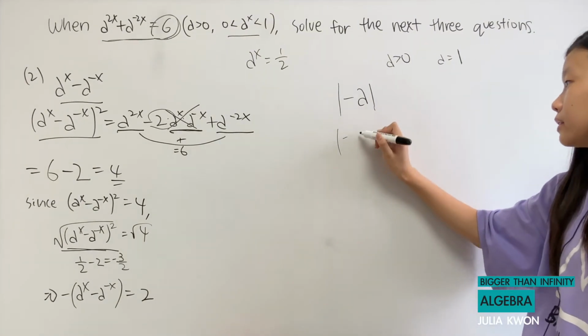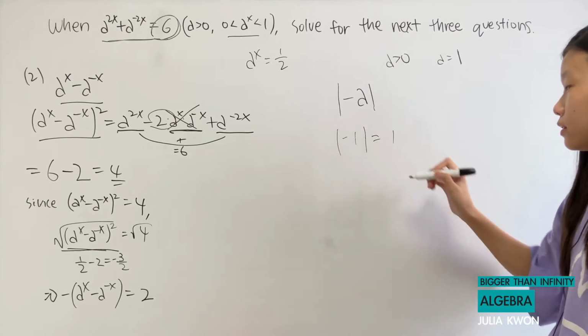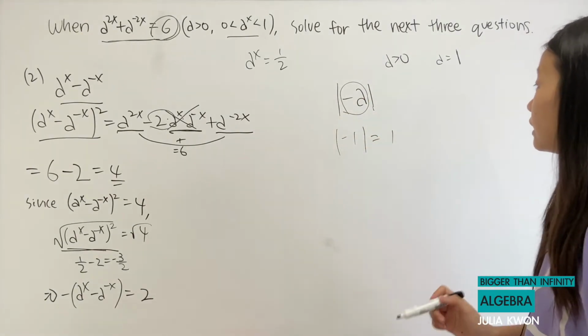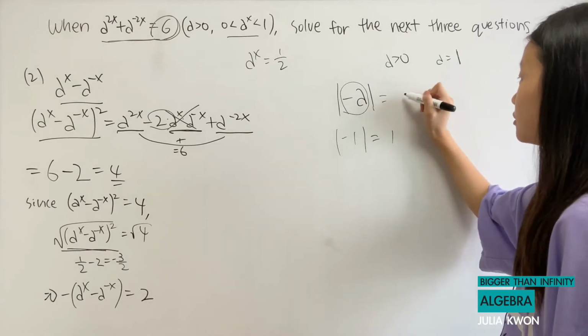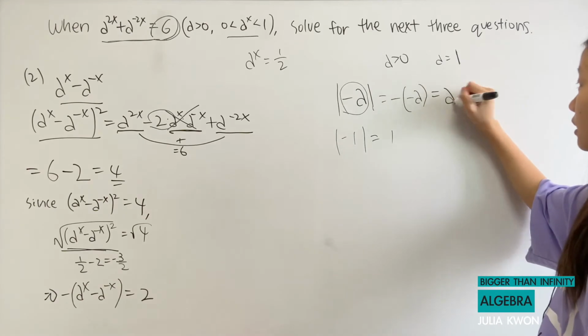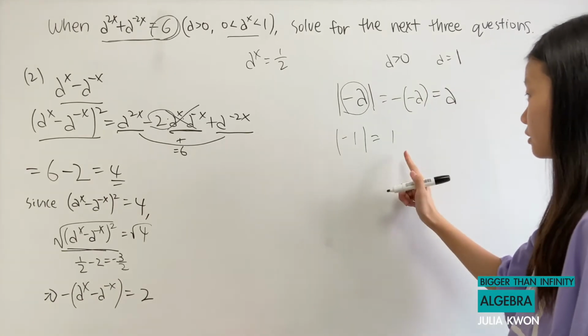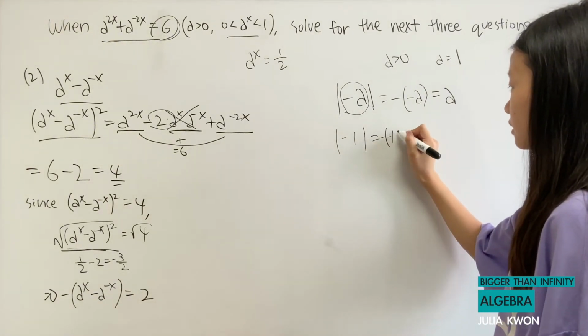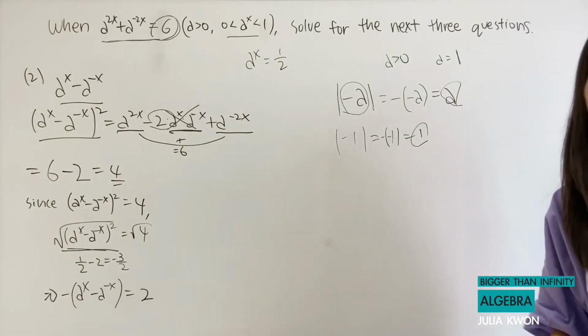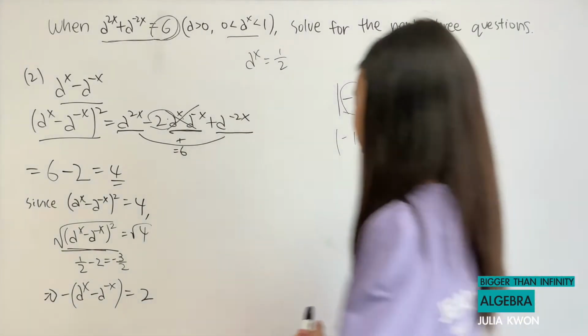So that will be -1, which is equal to 1. Since this will always be a negative number, we have to put a negative sign in front of it, which is equal to a. So here we actually did negative of -1, which is equal to 1. Just like that. There are a few more examples, but I think you guys